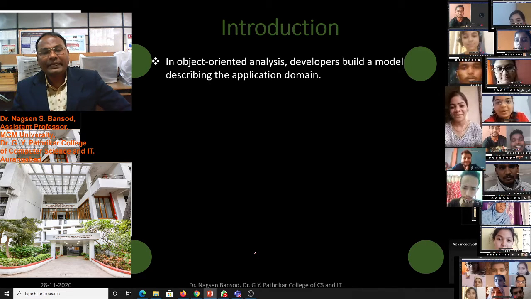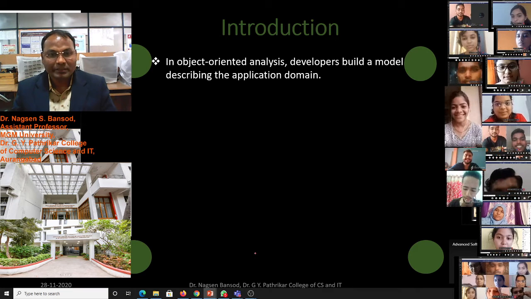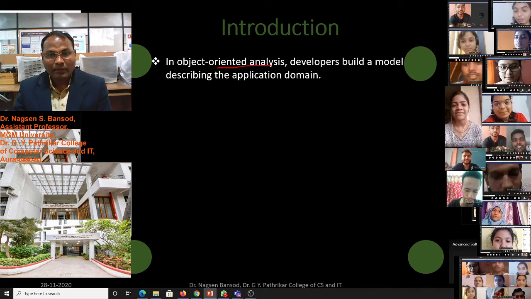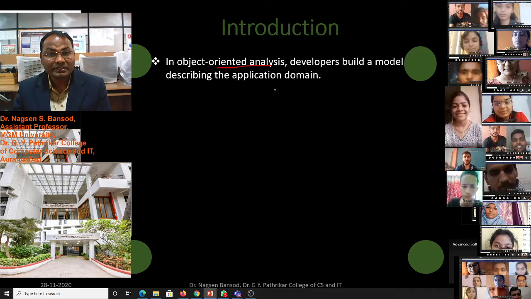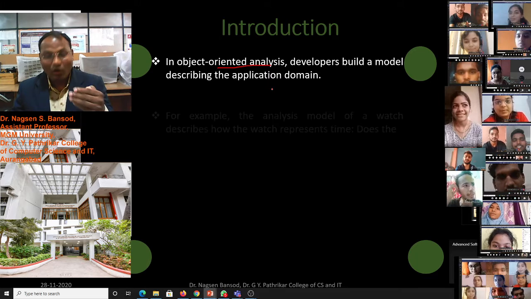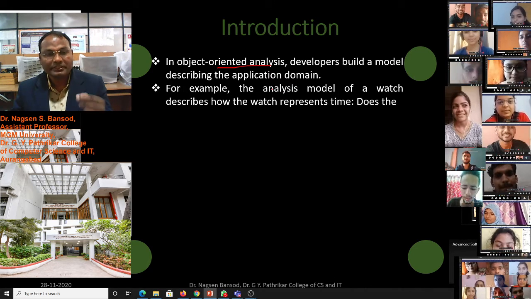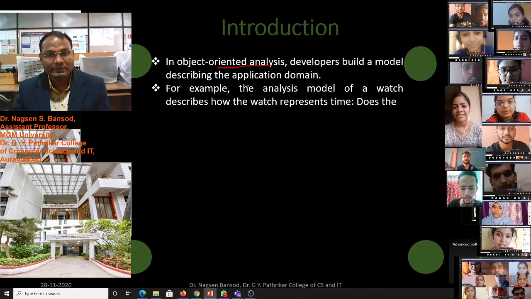In object oriented analysis, developers build a model describing the application domain. In the object oriented analysis model, the developer builds a model describing the application domain. All the application domain we have to describe with the help of object oriented analysis.